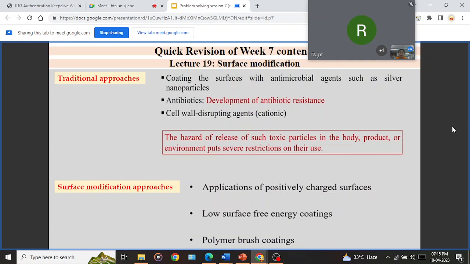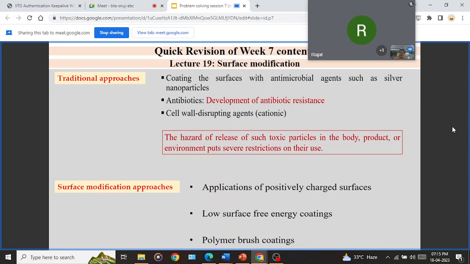However, these traditional approaches come with limitations. Like in case we use antibiotics, after a particular time these microbes can again develop certain antibiotic resistance. Or in the usage of antimicrobial agents such as silver nanoparticles, sometimes these are hazardous and can release various other toxic particles in the body. So this again puts severe restriction on their use, right? So we move forward to various other surface modification approaches